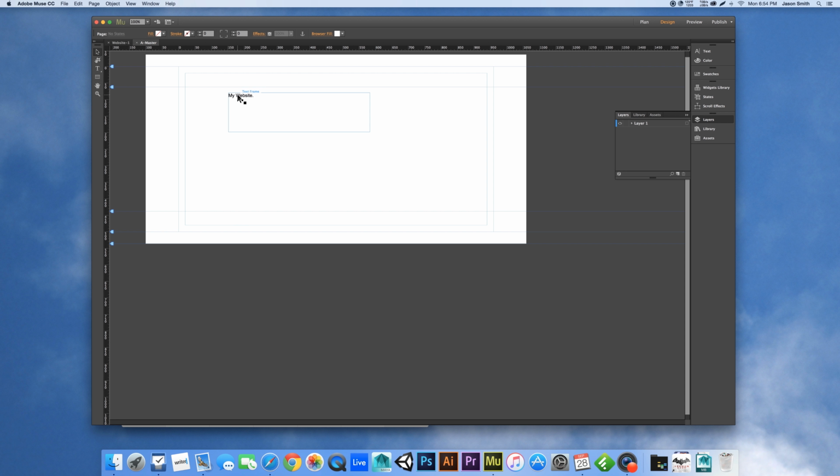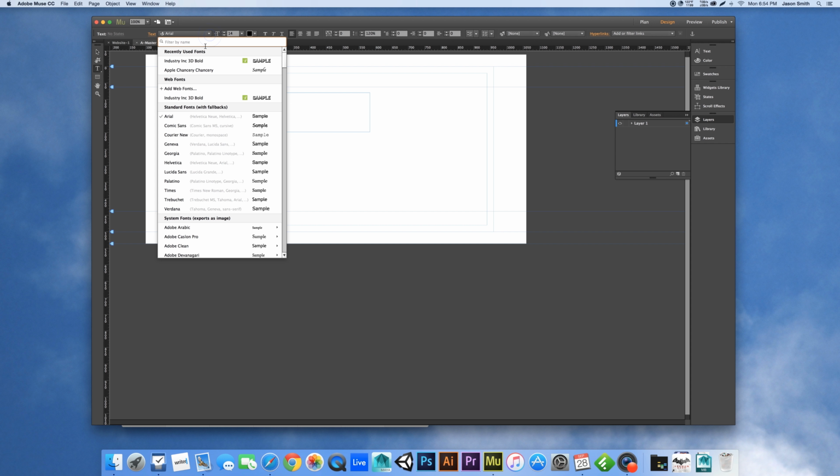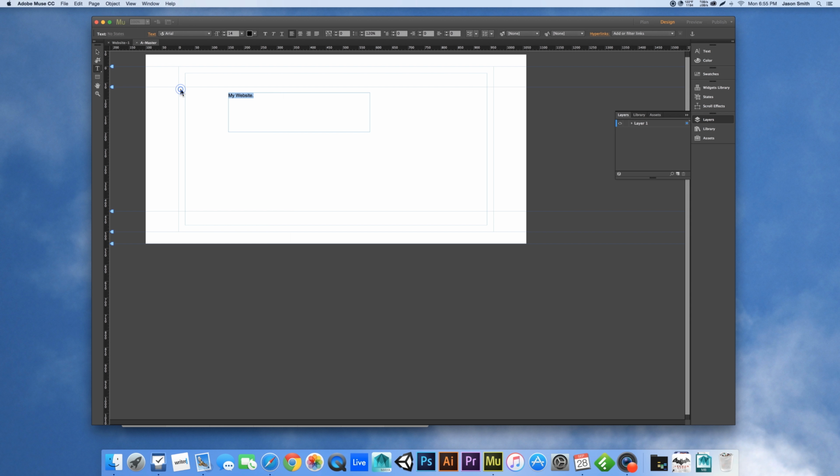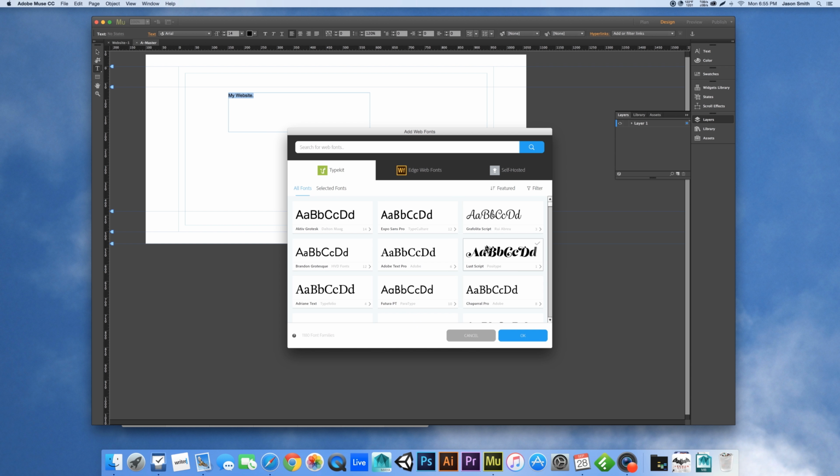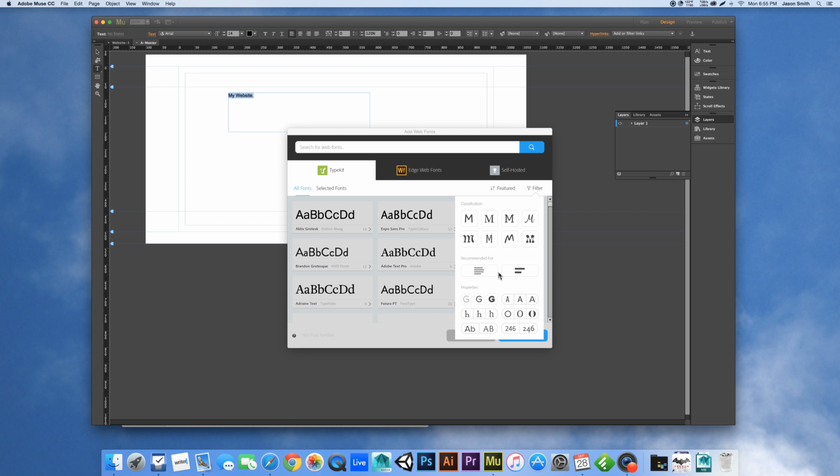Today we're going to add a font from Adobe Typekit. First, select the text in your website on Muse and choose Add Web Font. You'll just choose the Get Started button if you're set up like I am, and that's going to bring you to Adobe Typekit. You'll have a lot of options here to pick different fonts,